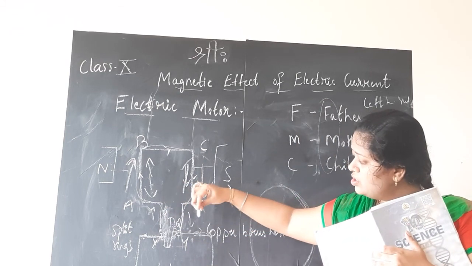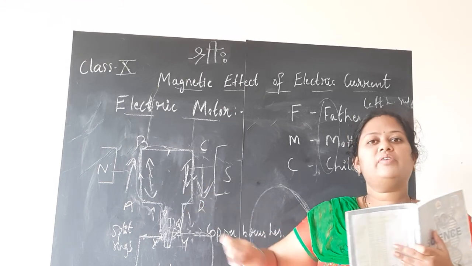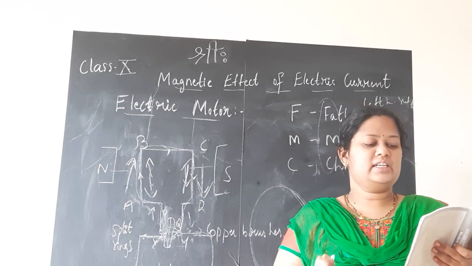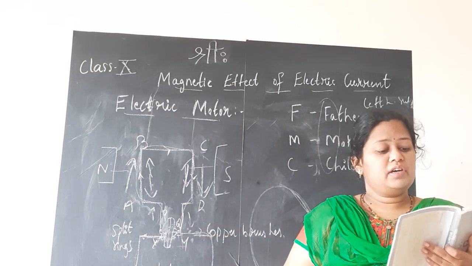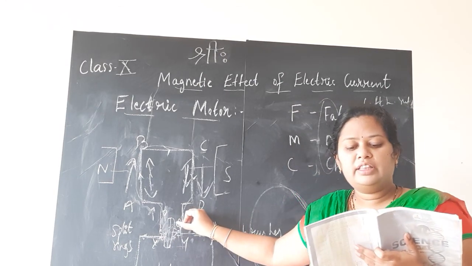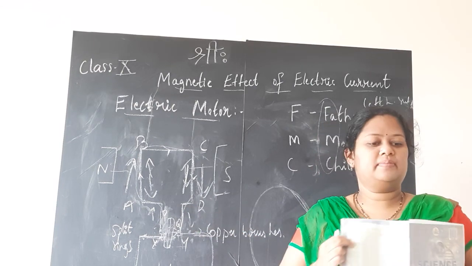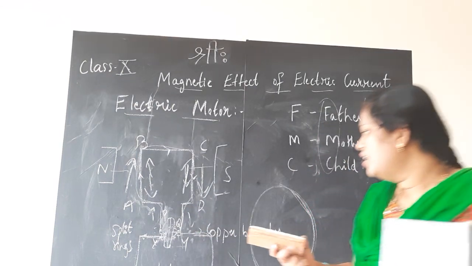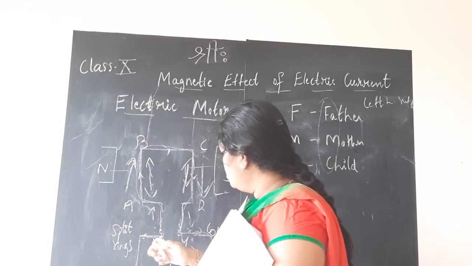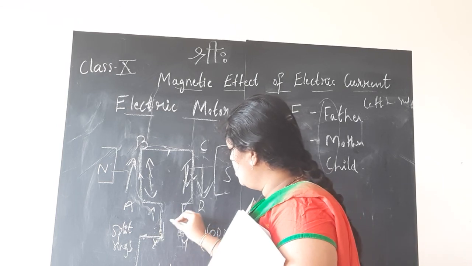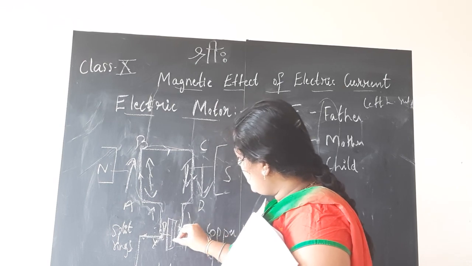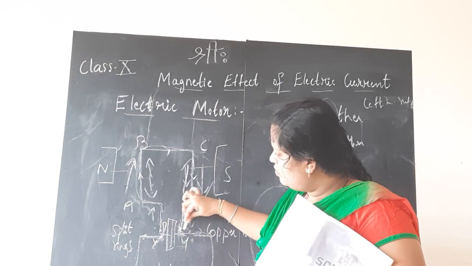This PQ is also rotating along with that. So when ABCD is rotating, along with ABCD we have connected the axle, which in turn is rotating. After half rotation, Q makes contact with the brush X and P with brush Y. Let me clearly write it once. So XY no change, brushes will not move, children, but the split rings P and Q that you have attached to the axle will also rotate.